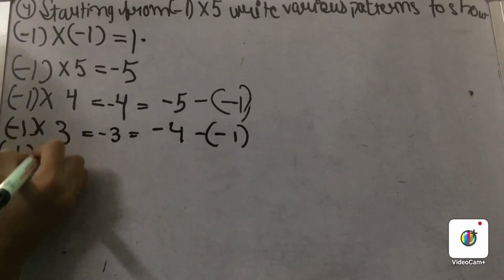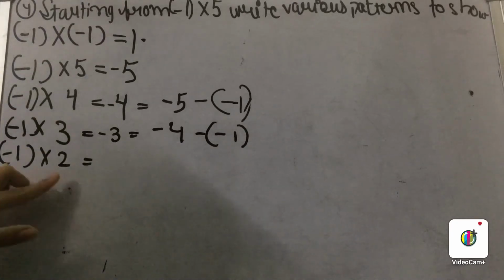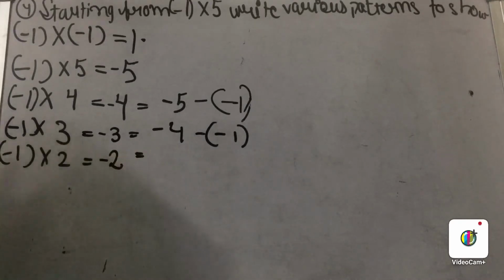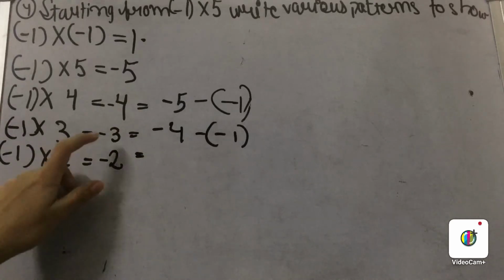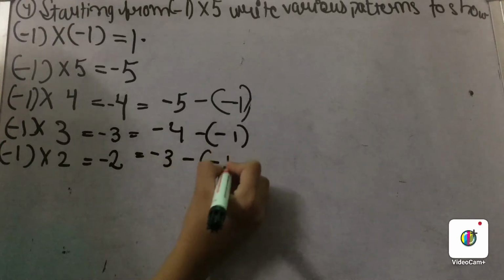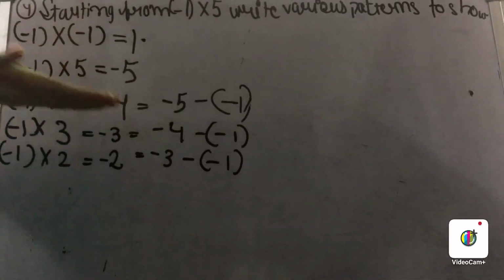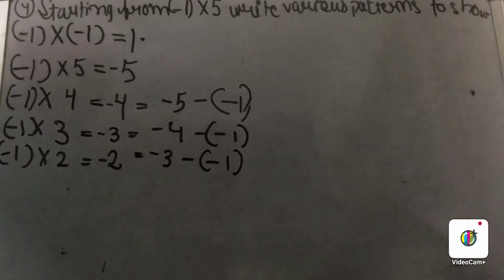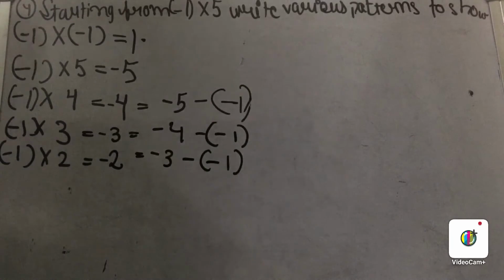Now let us move to our next integer. 2 ones are 2, and plus minus minus, this will be minus 2, and here we have carried out minus 4, so in minus 2 we will carry out minus 3 here, minus minus 1. So actually what have we done? We have created a constant, continuous pattern which we can use in all of the integers.